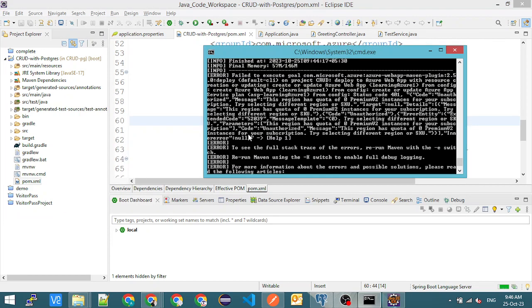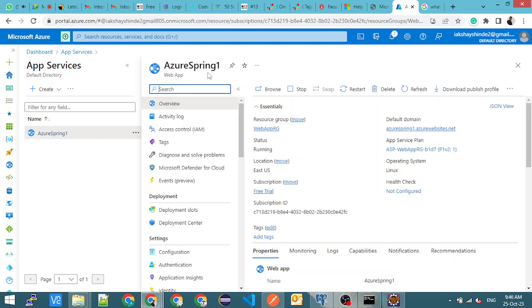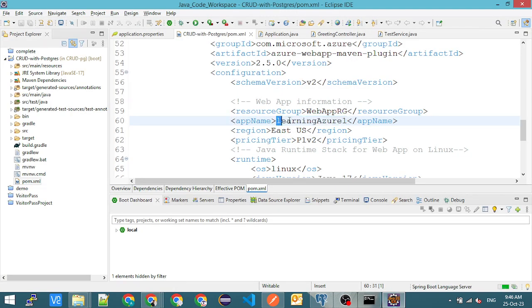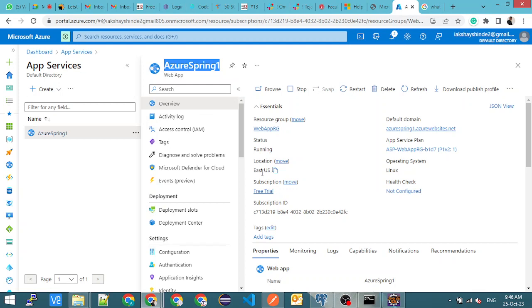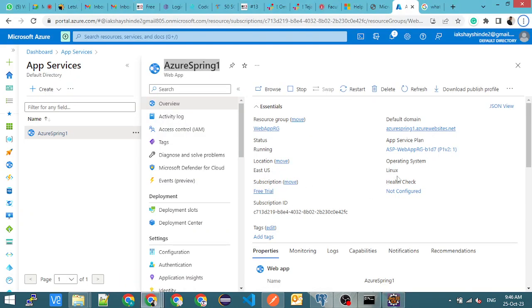तो ये नया बनाने की कोशिश कर रहा था, and that is how it is filled। ठीक है, I got to know from the code यार ऐसे ऐसे हुआ है। ठीक है, तो what is the name of this particular app is Azure Spring One। Same to same copy करना है यहाँ से। I'm going my code। So instead of learning Azure one, I'm going to put my app name which is Azure Spring One। ठीक है, उसका region correct, East US करेक्ट है। तो दूसरा क्या था लास्ट वाला सेटिंग, प्राइसिंग टियर P1 V2, वही इंस्टेंस है क्या, P1 V2 करेक्ट है। हाँ, फ्री प्लान में इतना ही मिलता है।